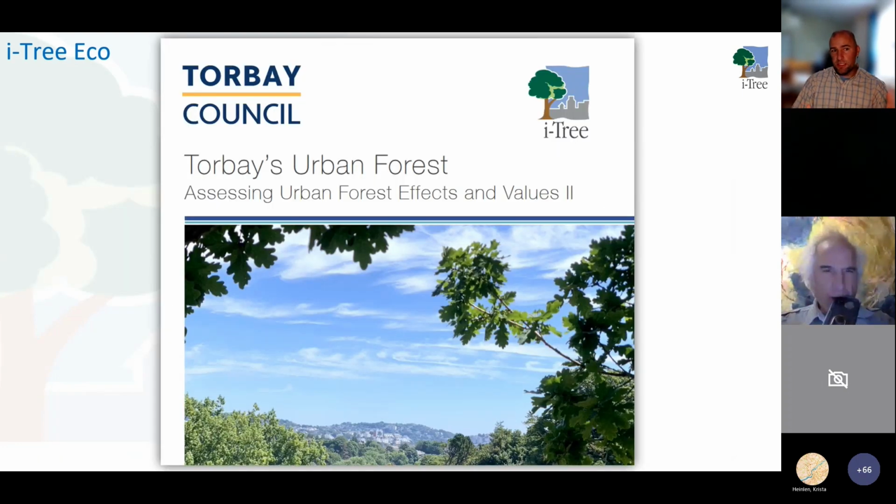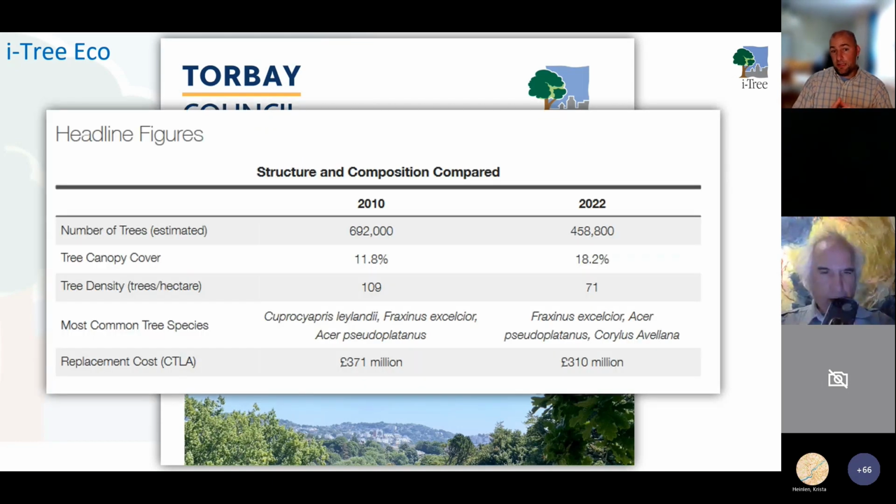And just to take it one step further, Torbay was one of those cities, and they actually decided after that initial iTree Eco project, they just did another one in 2022. And they've had some really interesting findings. So after their first project, they put in some policies to help maintain larger trees because they found from their iTree Eco project that was really important. But what they found is they actually had a decrease in trees between their 2010 iTree Eco project and their 2022